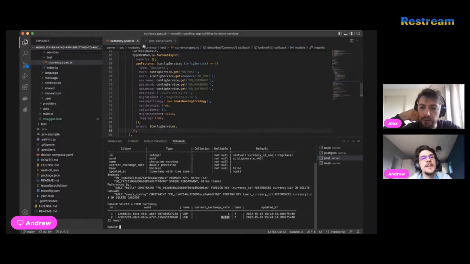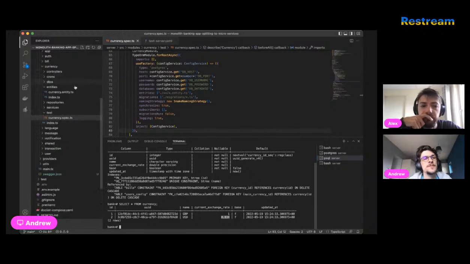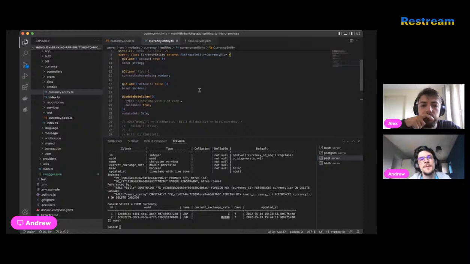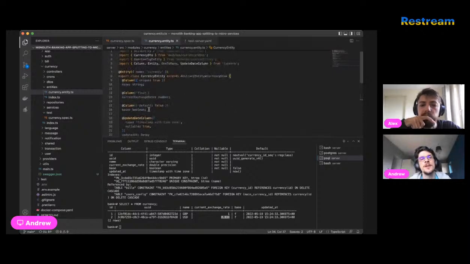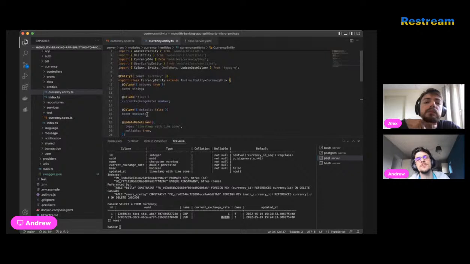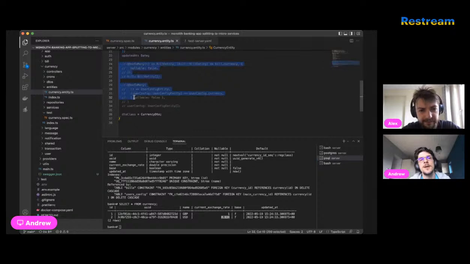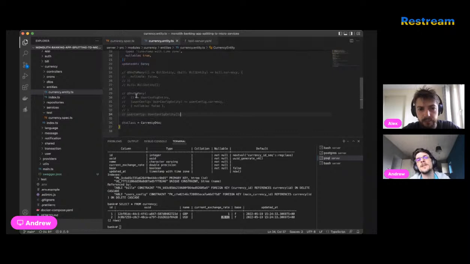You were saying, why do we need bills and another? Let me go back to that entity so we can see. Here we have, from my understanding, currency, which should be fully independent from anything, and we also had some relation created for TypeORM. Maybe that's needed somewhere, but there is still another way. So what does it mean? Even though I commented this out, it doesn't mean that the bill entity loses its connection to currency.